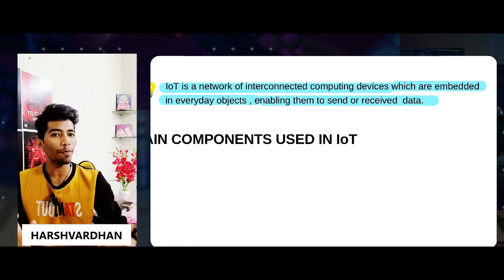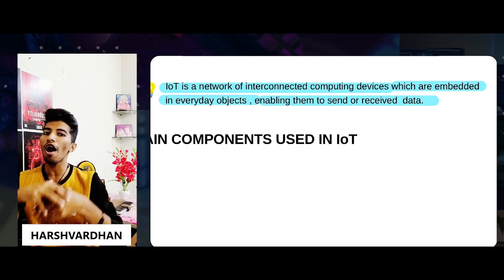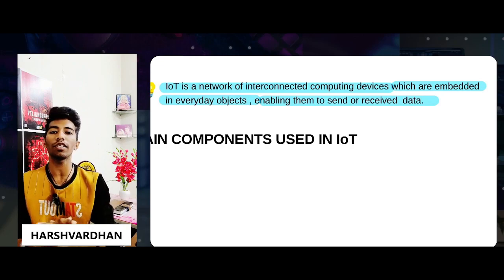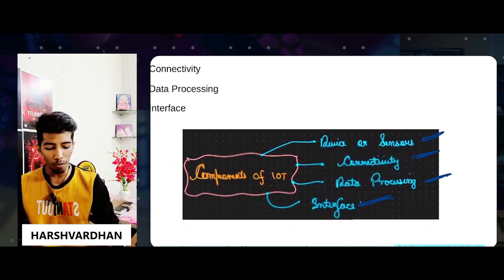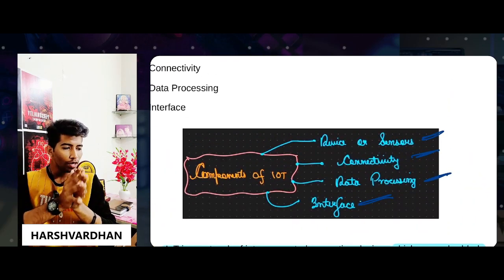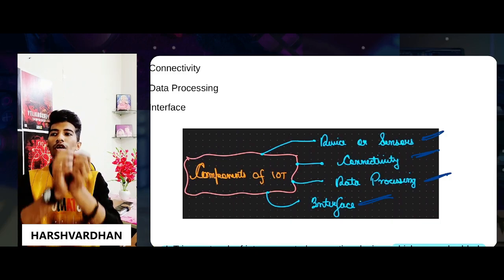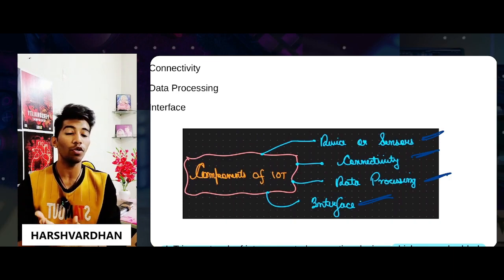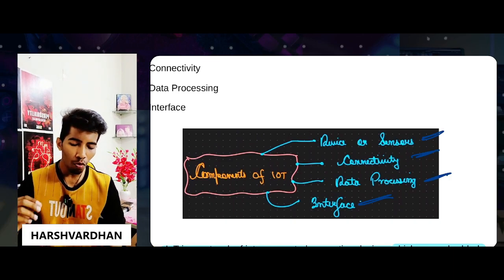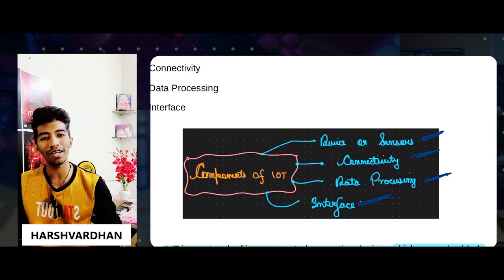Then you will require a processor for that. After that, after data processing, you will get a final result in the interface. So these were the four major components, and I also want you to take a full understanding of it, because it will create a great impact on your life and you will understand IoT based systems. So more than a video, take this as a main learning podcast for you.